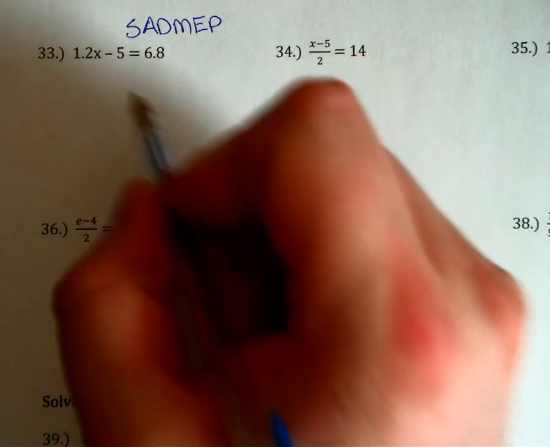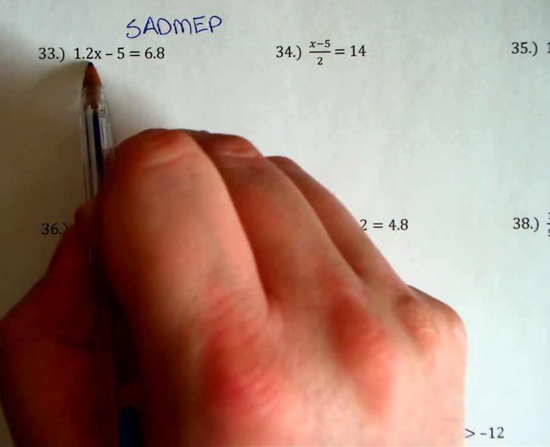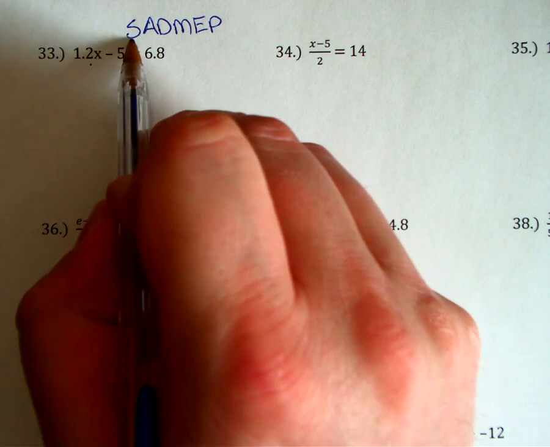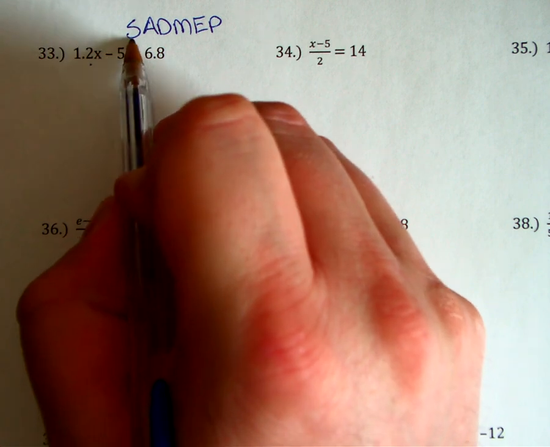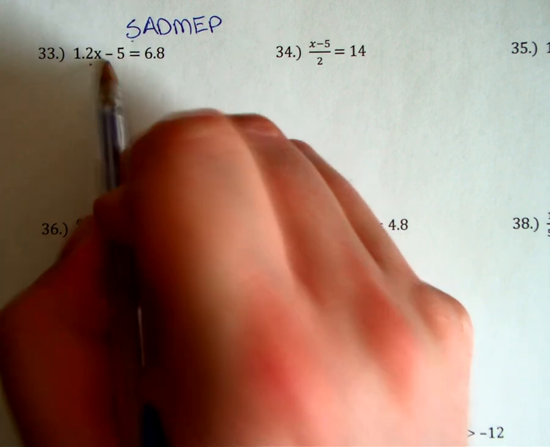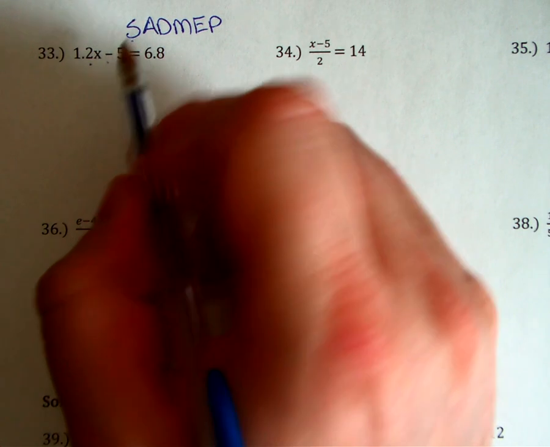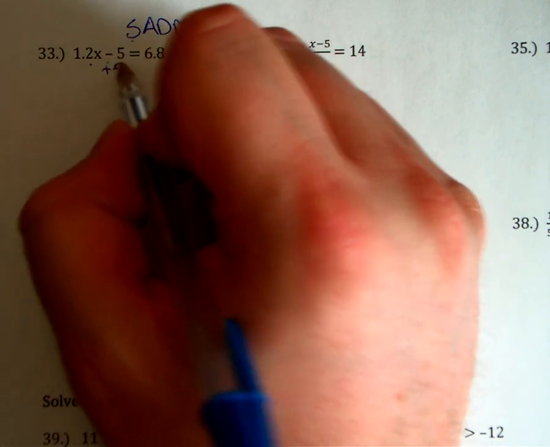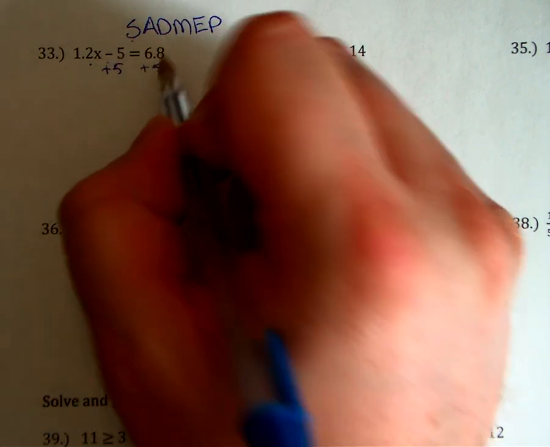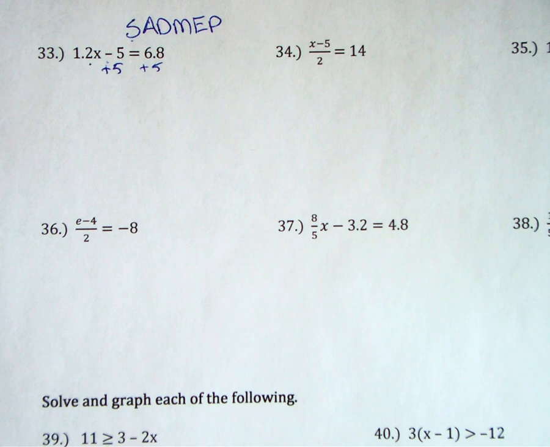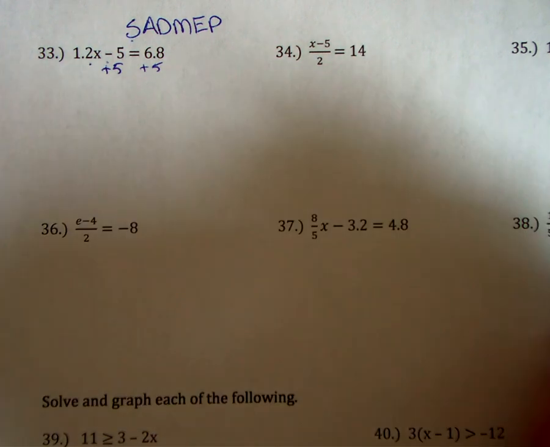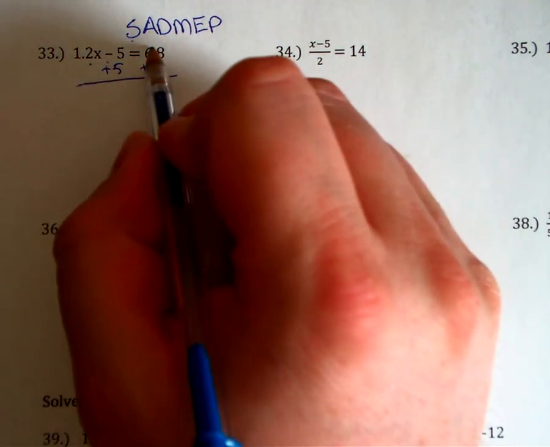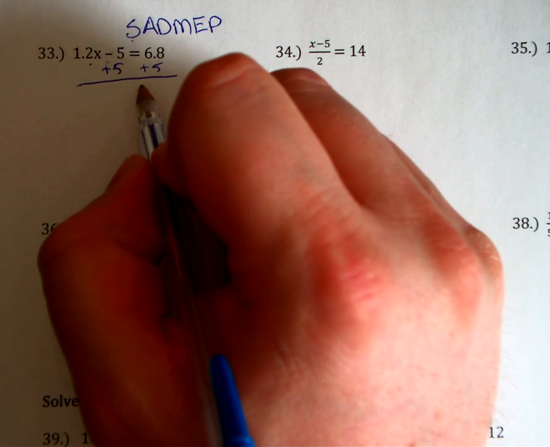So we want to isolate the variable, which means we're removing everything from it, working in this order. Is there any subtraction in the problem? Yes, there is, so we want to undo it. We undo the negative 5 by adding 5 to both sides. And so we are going to end up with 6.8 plus 5, which gives us 11.8,